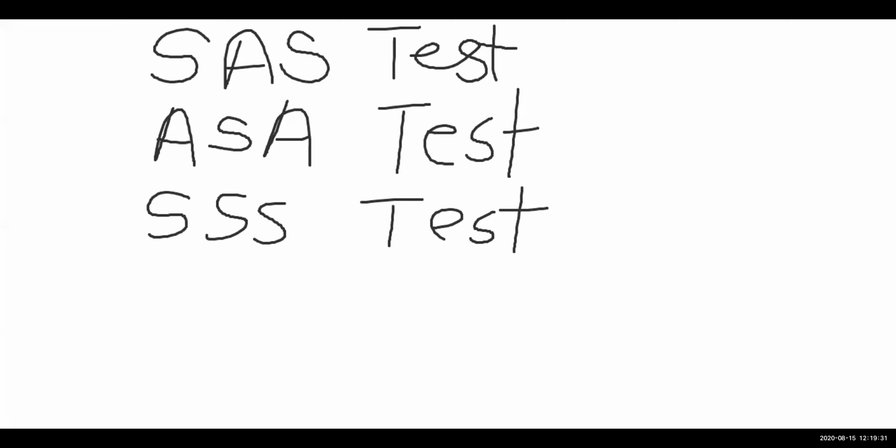So the hypotenuse side test, we can apply it only on which triangle? Where can you see the hypotenuse? We can see the hypotenuse only in a right angle triangle. So you can apply the fourth test, that is hypotenuse side test, only on a right angle triangle. Otherwise, these three tests you can apply on any type of triangle. Okay, clear?